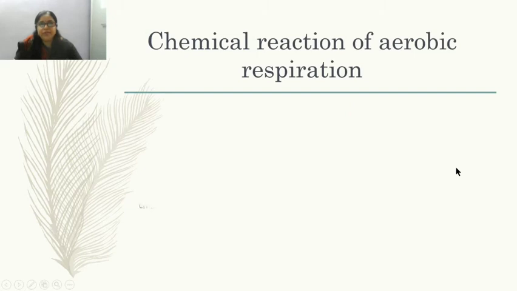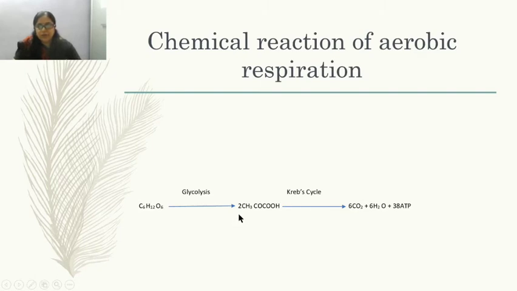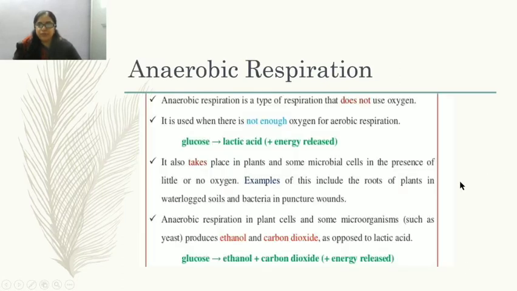Now, the chemical reaction of aerobic respiration. As I told you earlier also, here we are writing the intermediate product also, which is formed in between, pyruvate. So breaking down of one glucose molecule into two pyruvate molecules. Glycolysis takes place in the cytoplasm. No oxygen is required here. Pyruvate further enters into the Krebs cycle. Here oxygen is required. It takes place in mitochondria. And the formation of carbon dioxide and water is the byproduct, and ATP is synthesized. So learn it. This is reaction 2 in your book. You mark it there and write it in your notebook too.